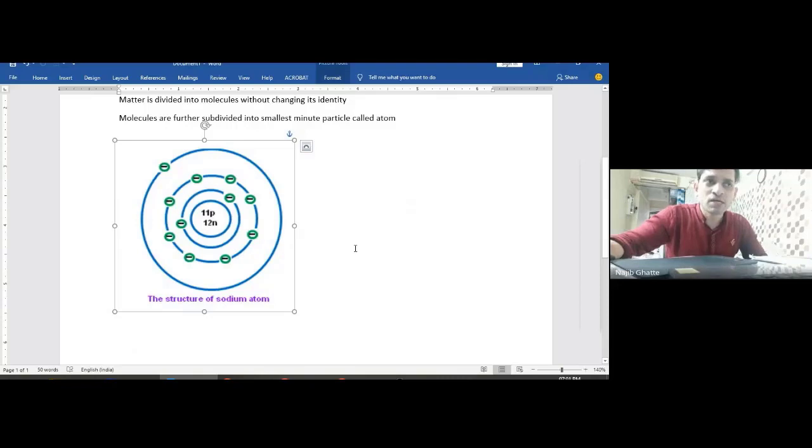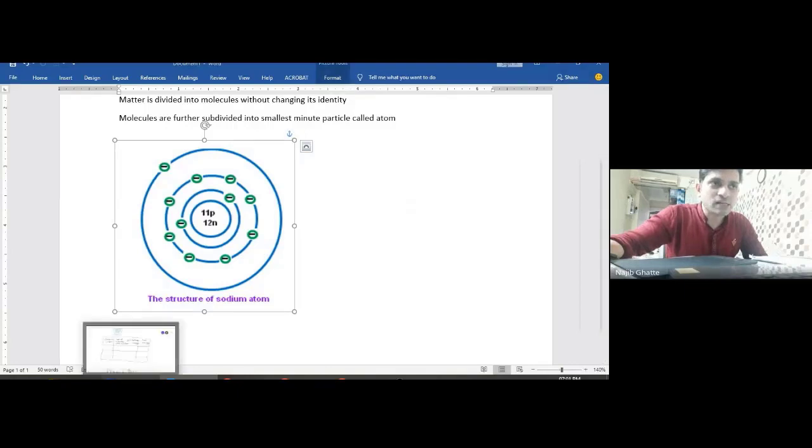So electrons are distributed or spread in such a way that they start moving in a circular fashion. The circular path in which they move is known as orbits. So here we have the lowermost orbit as the first orbit having 2 electrons. Then you have the second orbit having 8 electrons, and the last or outermost shell having the last electron, the 11th electron. Okay. Now the question arises, how does this happen?